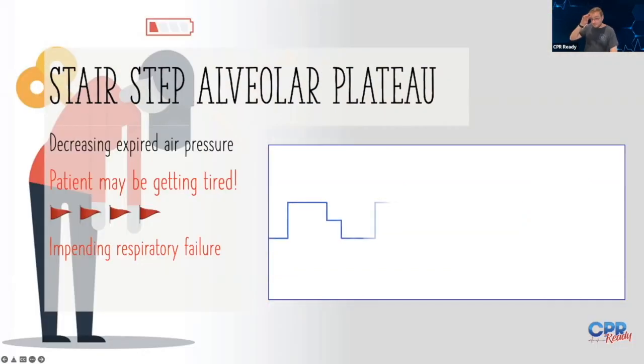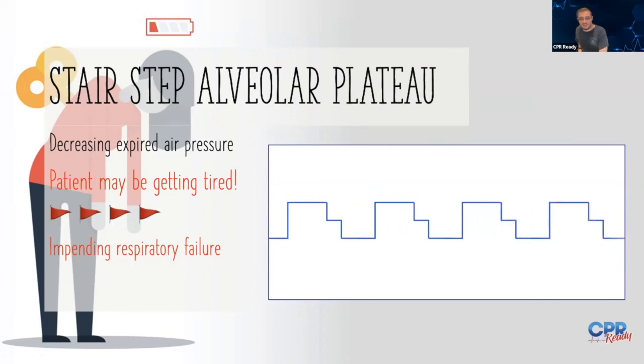And then this one we call stair-step alveolar plateau. There's several things that can cause this also. A lot of times if they're on a mechanical ventilator, it's related to the equipment. But in the field, if you have a patient that's breathing spontaneously, and you have them on your nasal cannula capnography, and you're starting to notice a pretty consistent stair step to the end of that, this is an ominous sign. This is usually associated with impending respiratory failure or respiratory arrest,